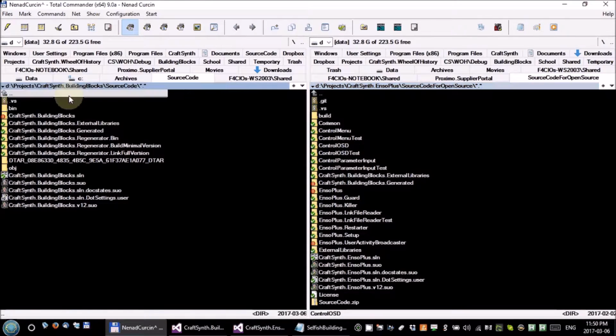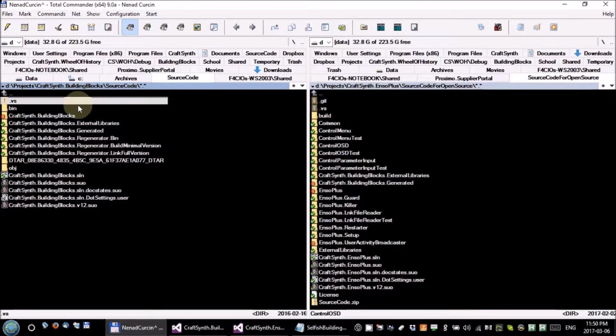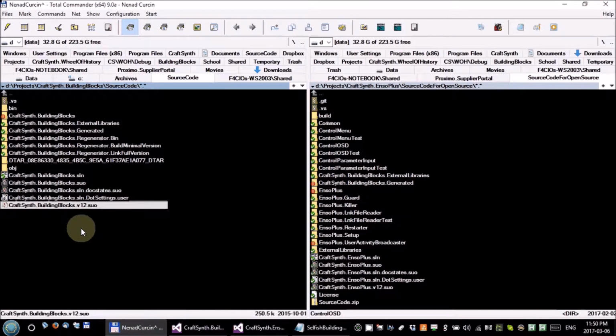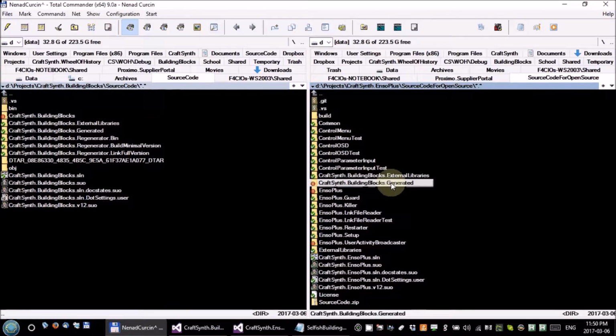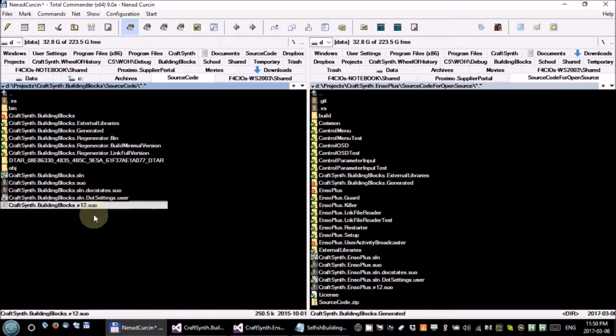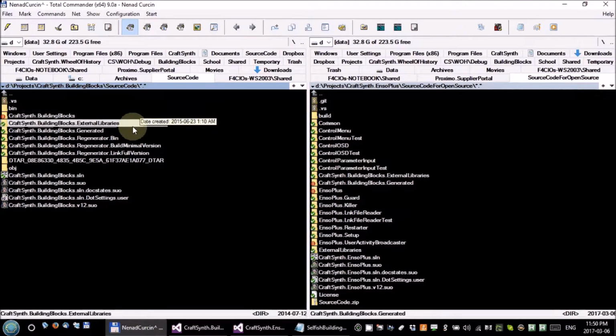So he needs to connect his source control for this original library as well, and he can put the original library on his disk wherever he wants,